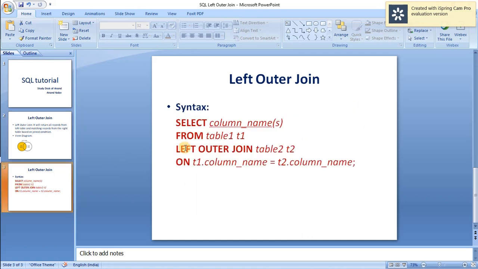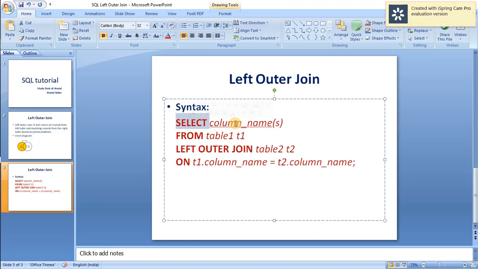The syntax is very similar to the inner join. You can see that it is SELECT, a column or expression that we want to project on the console, and the FROM keyword is used to select the table. This table 1 is the left table, and we provide an alias name, t1. Here is the keyword to join, LEFT OUTER JOIN.